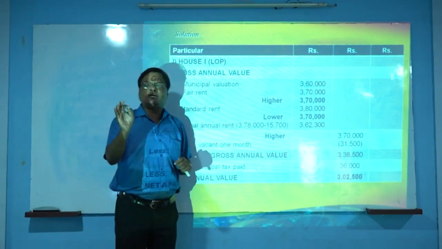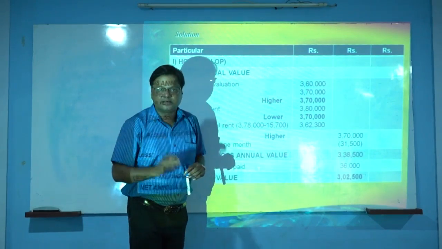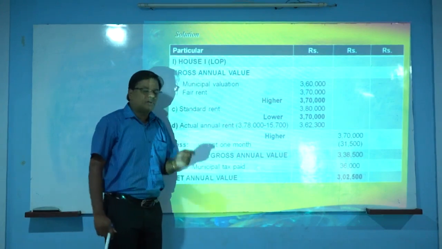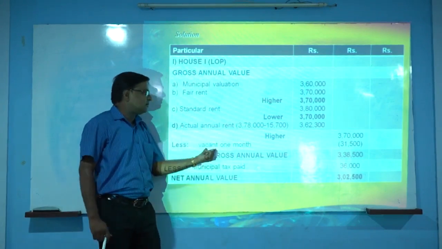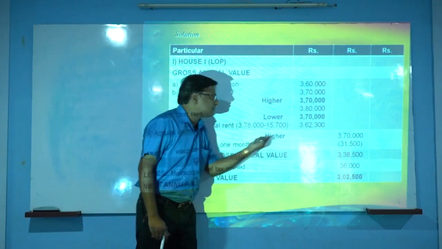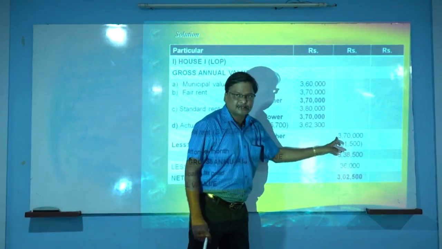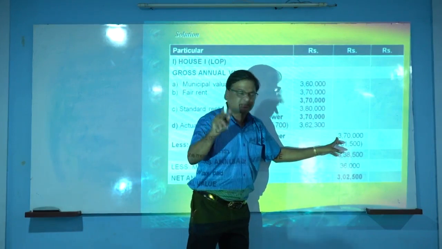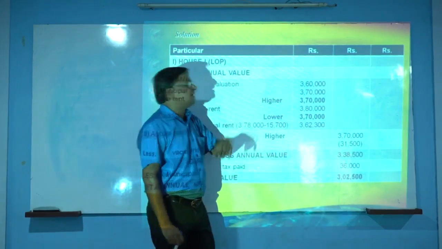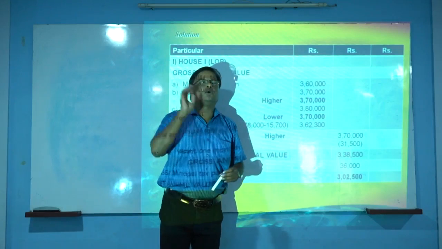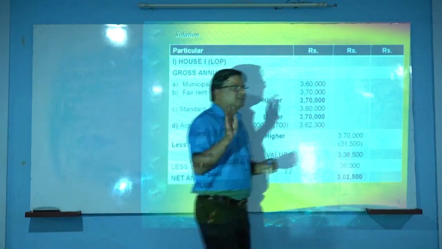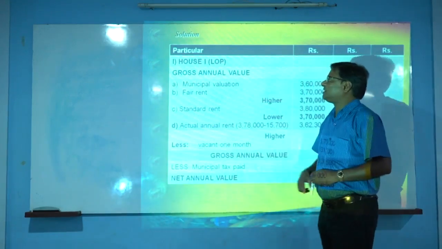एक महिना हे घर रिकामं होतं, भाडेकरू त्या ठिकाणी नव्हता. तर जर घर रिकामं राहिलं असेल तर व्हॅकंट अमाउंट किती कालावधीसाठी आहे तेवढी रक्कम इथं आपल्याला वजा करावी लागते. हायर व्हॅल्यू आली 3,70,000. ह्या 3,70,000 मधून हे घर 1 महिना रिकाम होतं. आता 1 महिन्याची रक्कम कोणती घ्यायची, तर वार्षिक भाडं प्रॉब्लेम मध्ये दिलेलं आहे. अर्लियर स्लाइड.